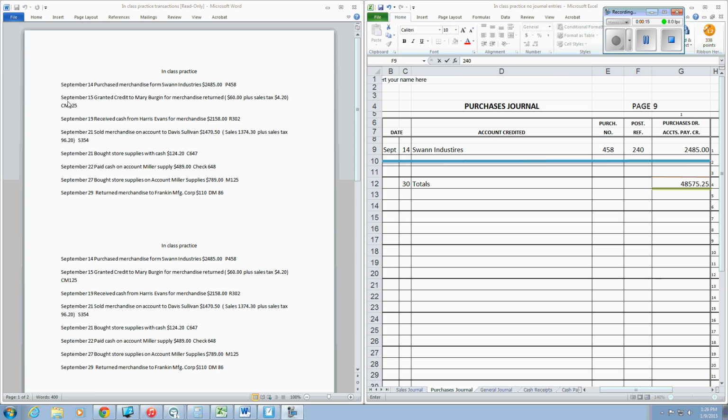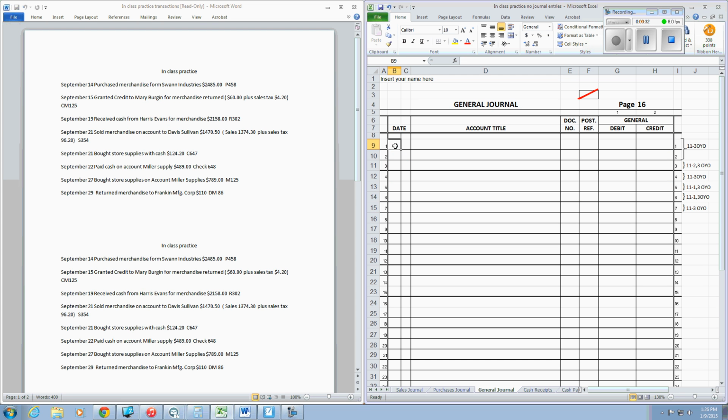So the second entry then says September the 15th, granted credit to Mary Bergen for merchandise returned, $60 plus the sales tax of $4.20, credit memorandum 125. So from your experience or from your knowledge, you know that every memorandum is basically put in the general journal. So we're going to go ahead and again with the date, September